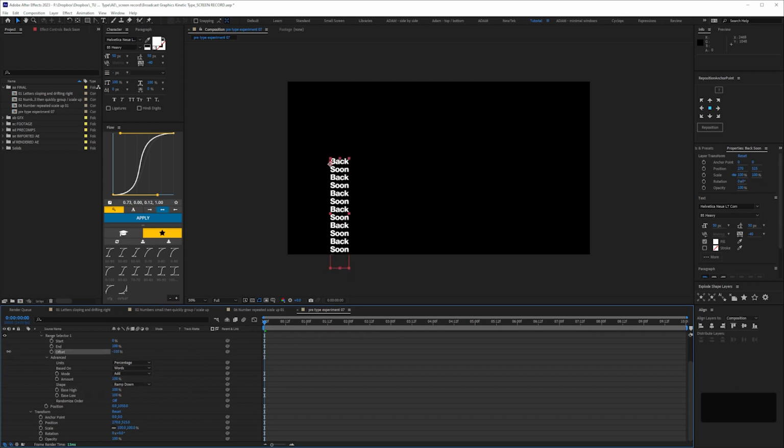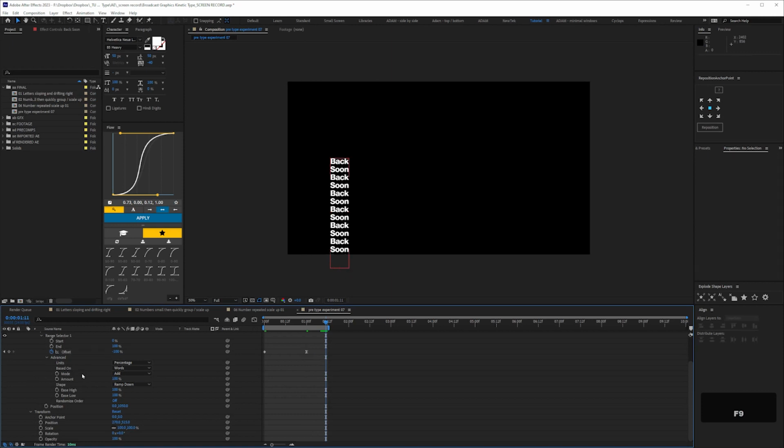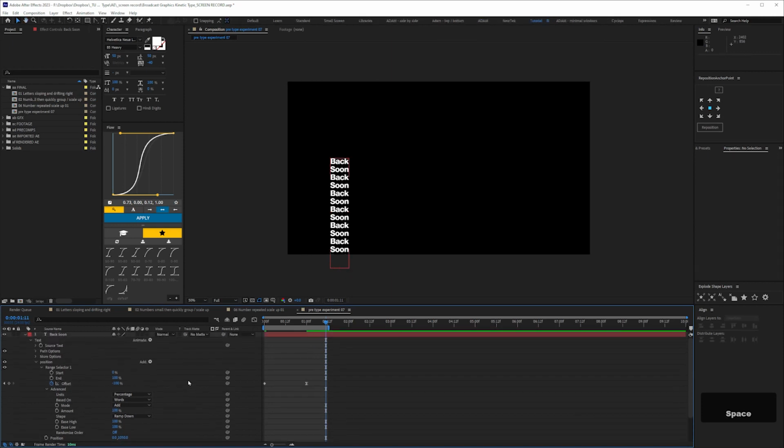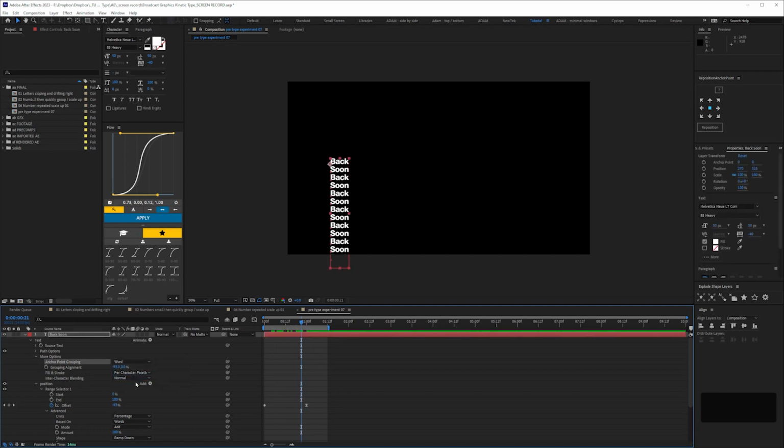And then the offset, we're going to keyframe from 100. And then go a second in and minus 100. And set our work area. Just going to ease use that last keyframe. And we've got this. So in more options, just going to change the group and alignment to minus 93. I can't remember if this does anything, but maybe when the letters scale up, change that to anchor point group